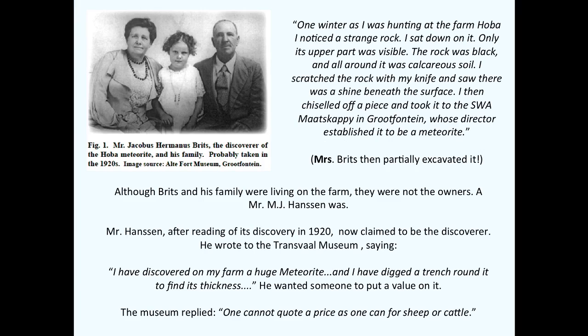Okay, here's a little bit of the history, and this disagrees with what you find on Wikipedia. But this is an actual tale that the man who found it told, and it's in the museum in Grootfontein. Wikipedia says that somebody was out plowing and they hit it with their plow and found it. He was out hunting. He noticed the strange rock, sat down on it, tried to scrape a little bit of silver under there. So he thought he got just enough off that he took in to Grootfontein,